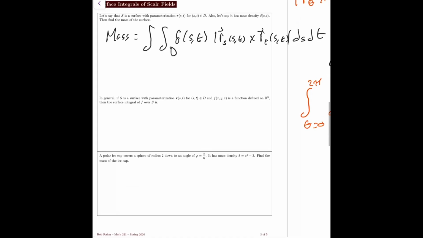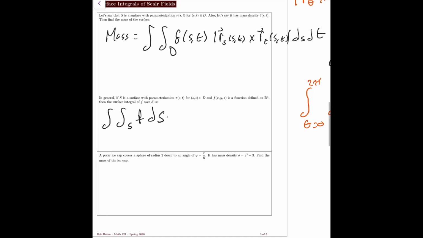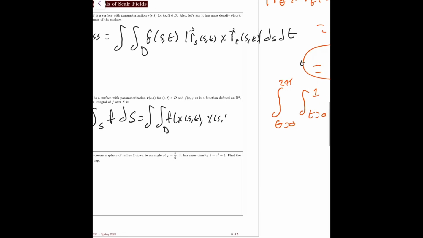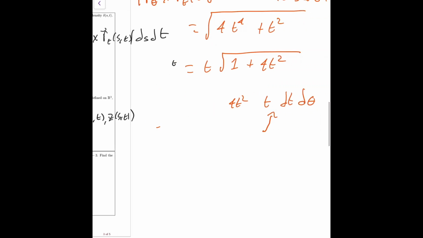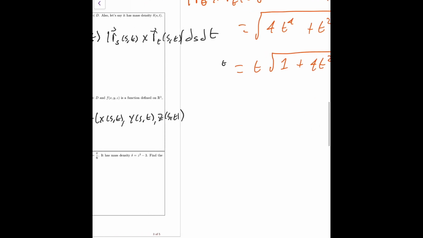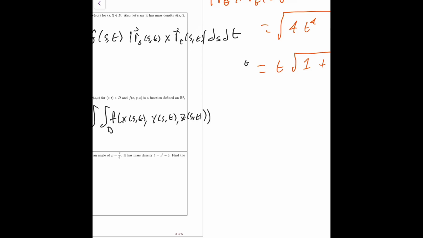And in general, if S is a surface with a given parameterization and f is a function defined on R3, then the surface integral of f over S is the following. Here f is a function, dS is the surface measure, so this is going to be the integral over the parameter domain D of f of x of s, t, y of s, t, z of s, t, times the magnitude of r_s cross r_t,